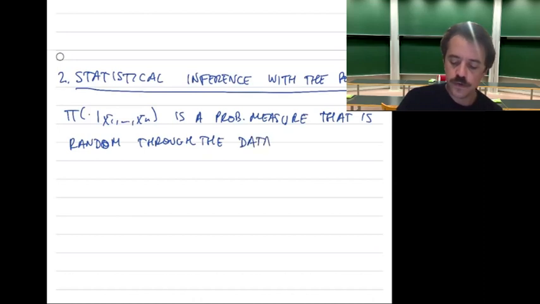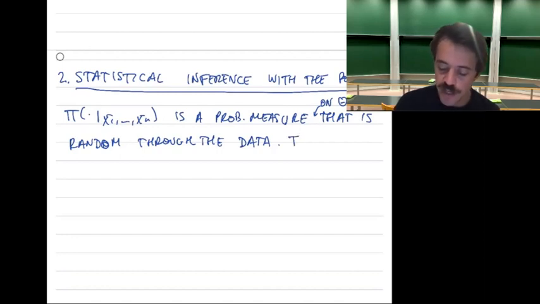If we fix the data, then we get a probability measure, but otherwise we get a random probability measure. And this is a probability measure on the parameter space capital Theta. Because of that, it can be